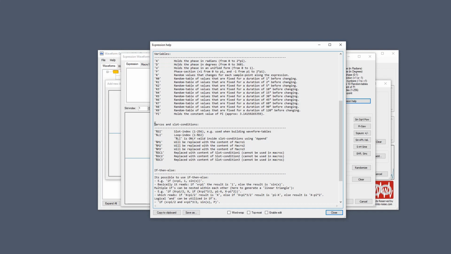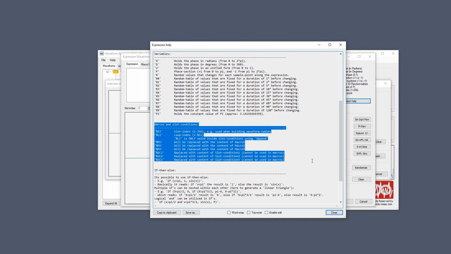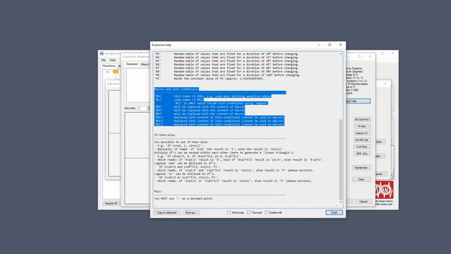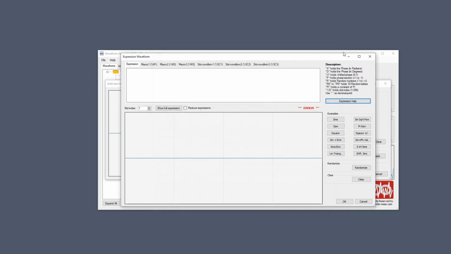And there is all this with the macros and the slot conditions, how they're used. So that's updated here in the help. Also, many of these examples can now be found in a version that utilizes macros and/or slot conditions, so you can see how they're used. So let's look at the new